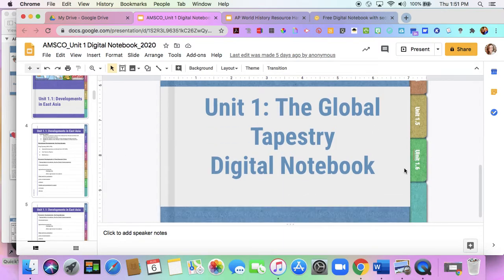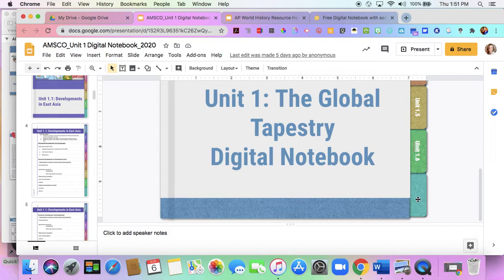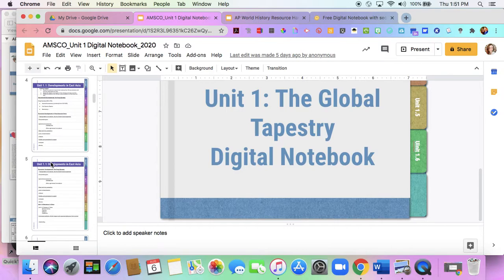And so she's labeled the tabs here. Now there's no 1.7, so she just left this one blank, right? The template itself is a set template, so you can't just get rid of the tab, but she didn't need to put anything there, so she just left it blank. So that said,